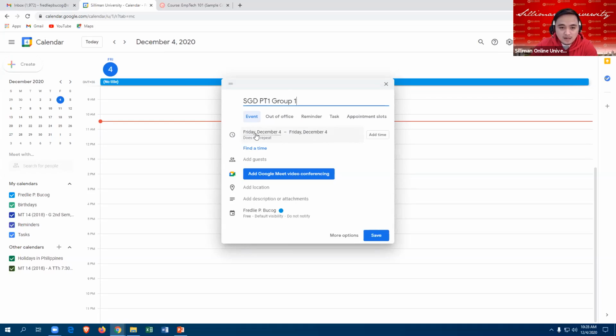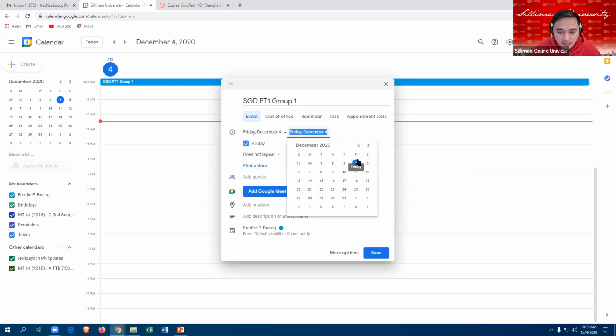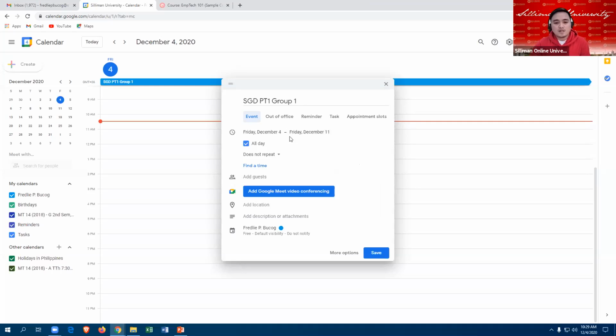For example, here, this is good for opening on Friday, December 4, and then the range will be until next week, December 11. So that's the range of the Google Meet. But first, we have to schedule the date in Google Calendar. So that's the range of accessing the Google Meet feature.